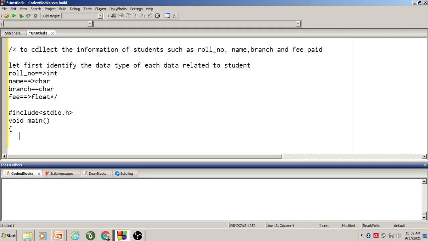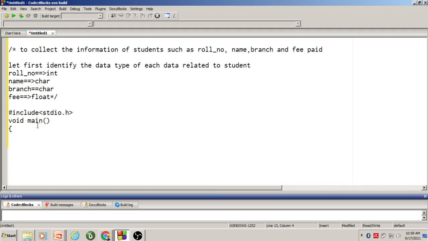Here we will create a structure. So struct is a keyword, and I give the name of the structure as student, because I am collecting the information of the student.